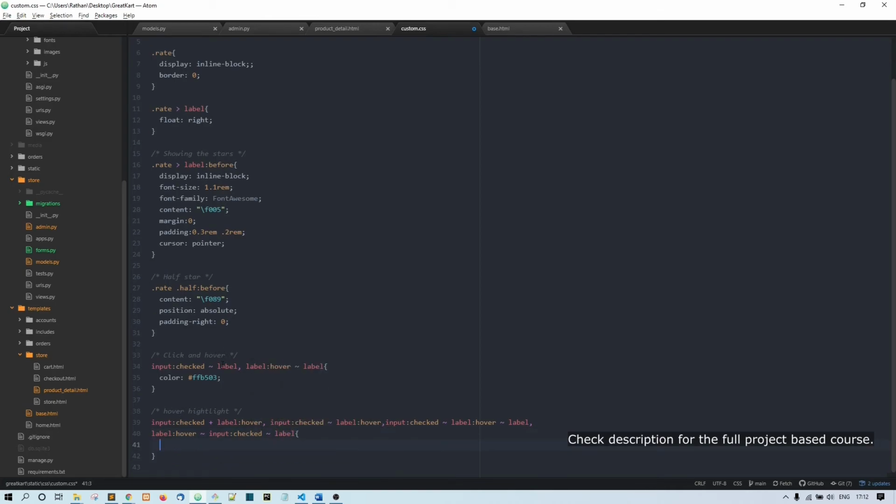We'll give a different color, color colon hash cc9000. This is actually a little bit advanced CSS.